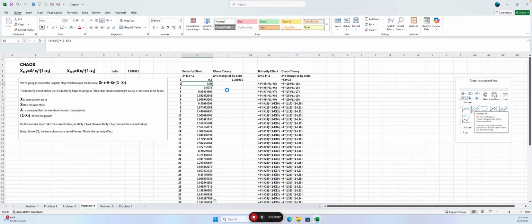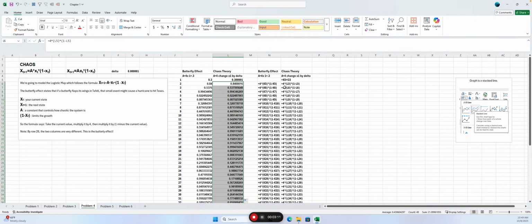Next, we'll go over here and use a very similar formula. Just copy and paste and drop that down. You can see the formulas over here on the right hand side. Okay,